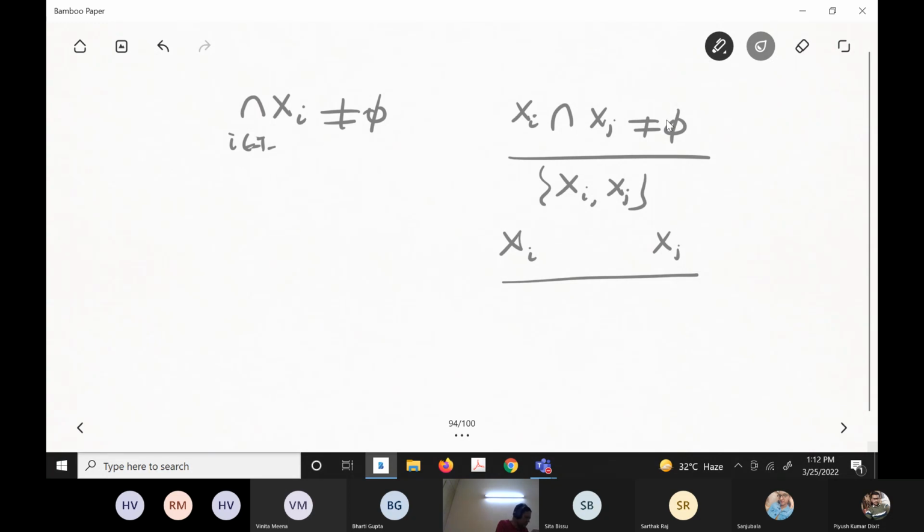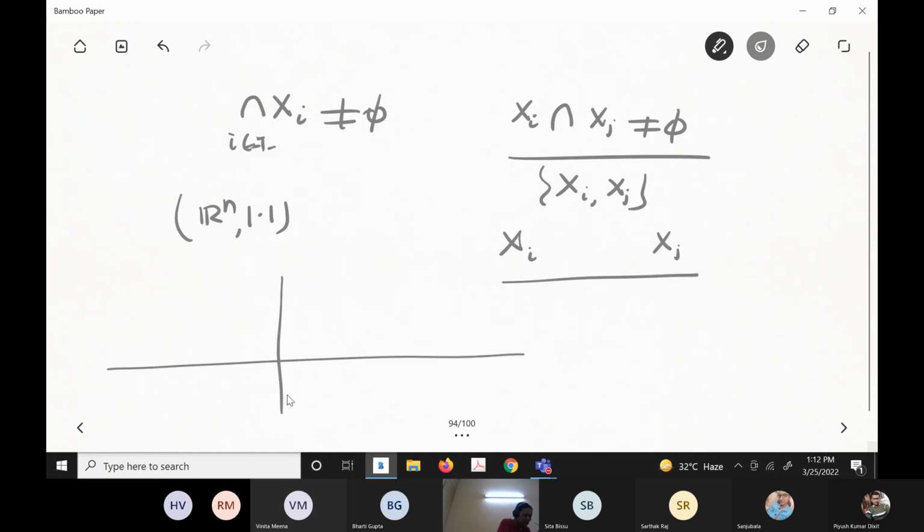Now look, its application is, first, corollary 3. Now how to prove Rn is connected? Look at R square; Rn lines can also be defined the same way. In R square, take all the lines passing through the origin. Their intersection is non-empty because the origin is there. So their union will be connected, but the union is the whole Rn. That's it.